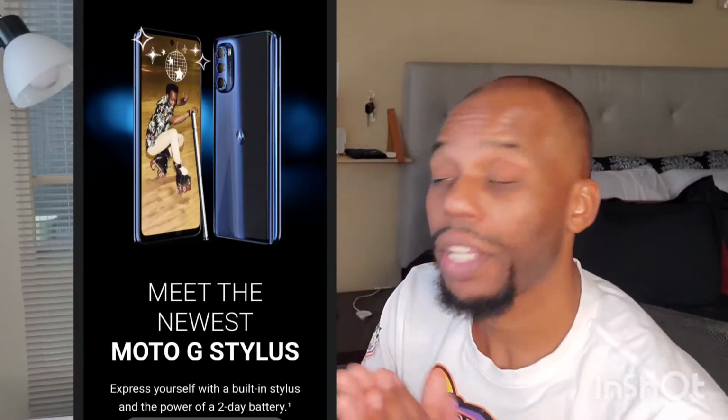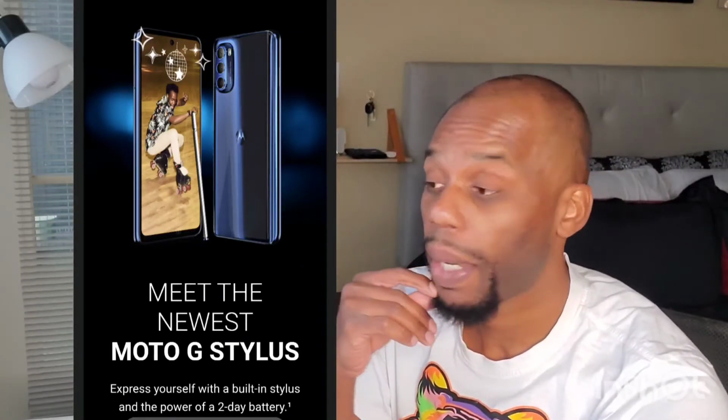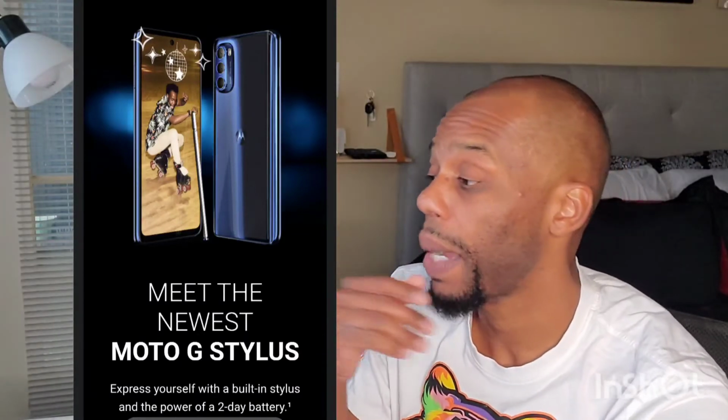It does come with Android 11, and that is a side fingerprint sensor on the side of the phone. Now, getting more into the specs of the phone, it does support up to 512 gigabytes of storage. It does have 6 gigabytes of RAM. It does have face unlock, 10-watt charging, a 5,000 milliamp battery, a resolution of 1080 by 2460 at 396 ppi, 89%